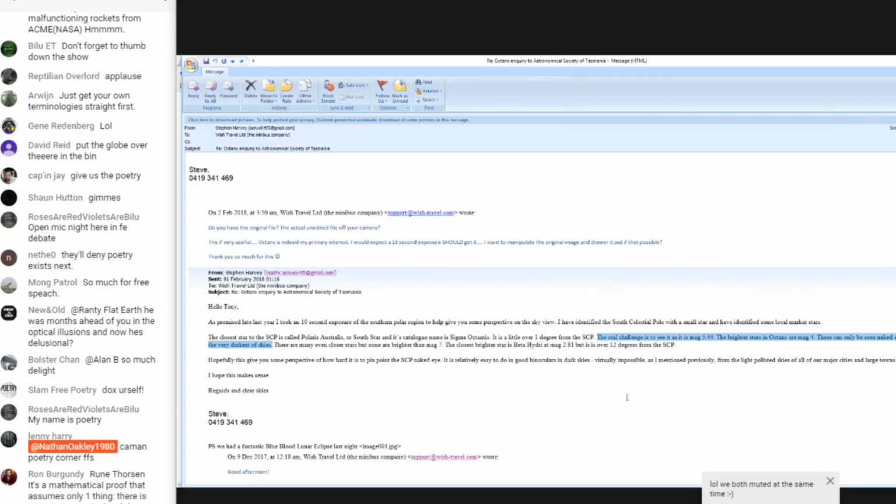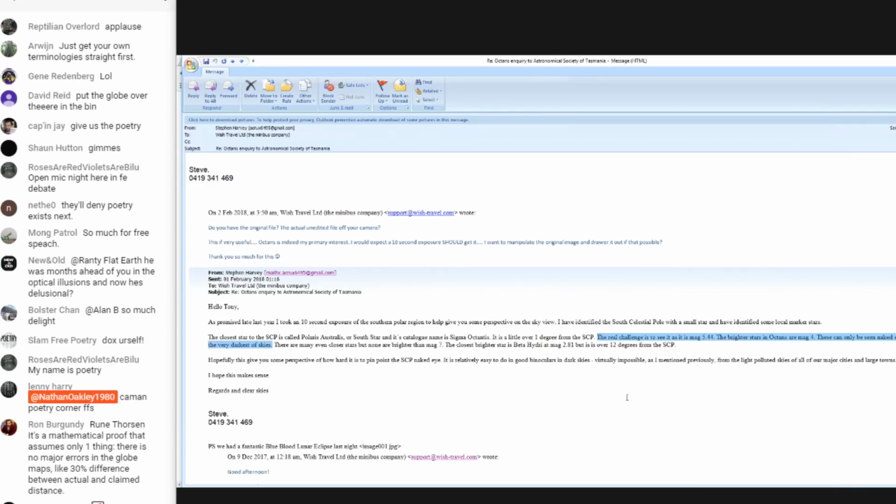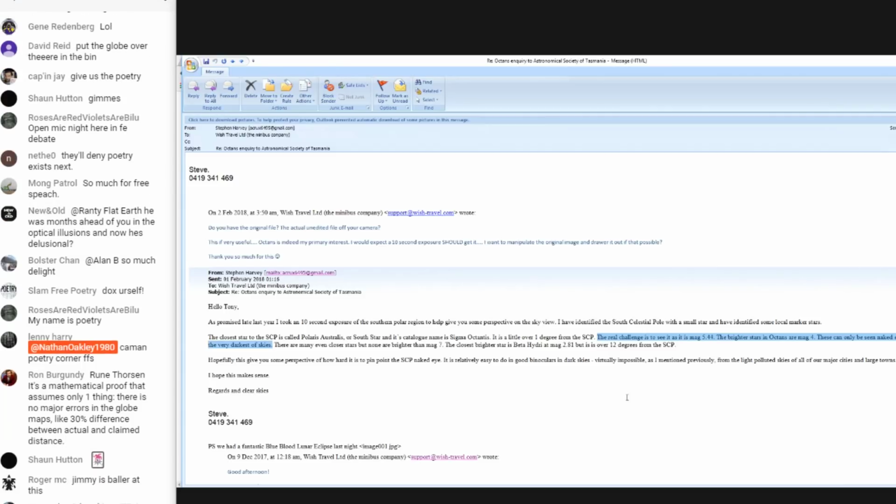The brighter stars are magnitude 4. These can only be seen naked eye in the very darkest of skies. Right, so when it says only be seen, that means... hang on. No, stop right there, Anthony. These can only be seen with the naked eye in the very darkest of skies, as in saying with your naked eye when it's the very darkest